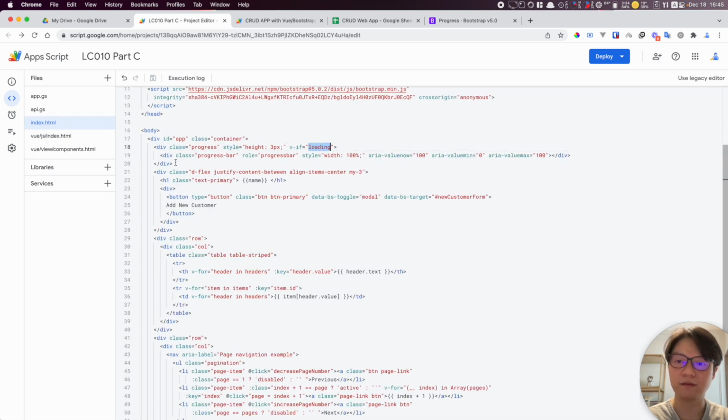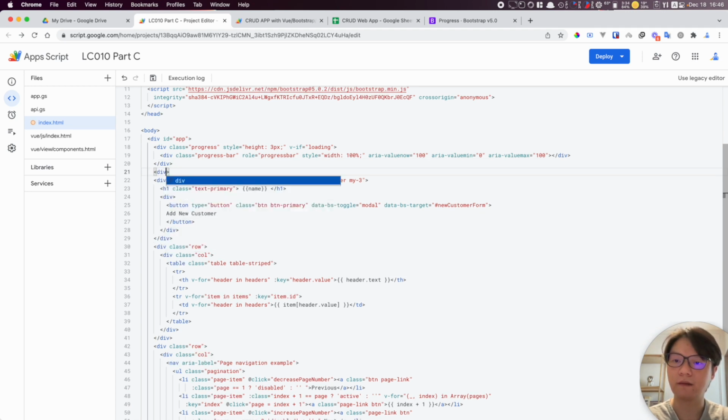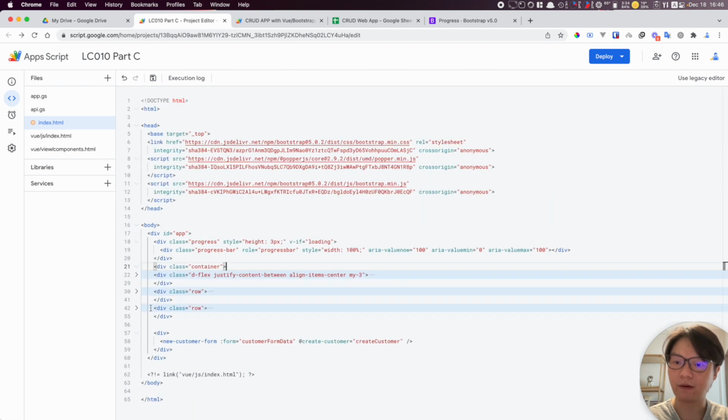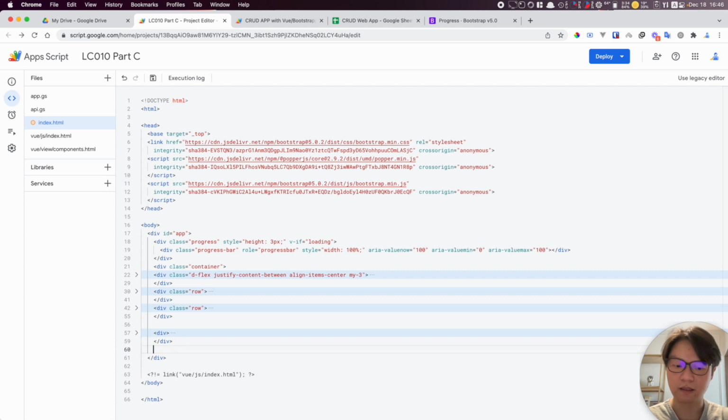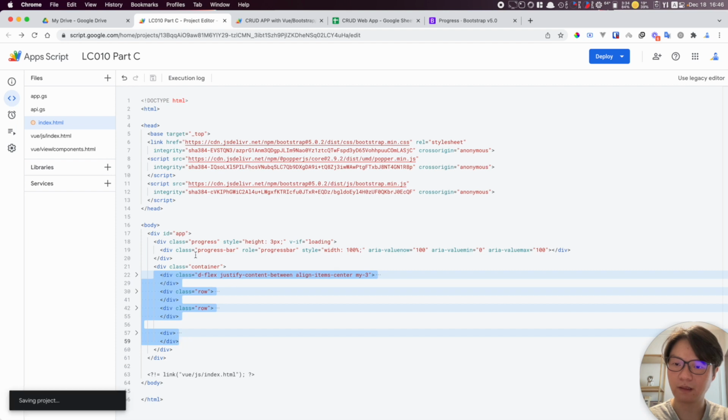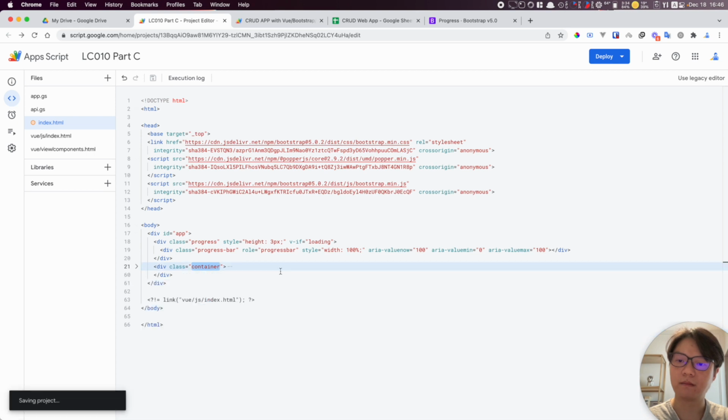So if the loading is true, you are going to see this bar here. But I don't want to put it in this container, so I'd like to move this container from the app, and I'd like to add another div here, place this container class, and wrap all of our other content in this container. So basically I am separating the progress bar from the container,